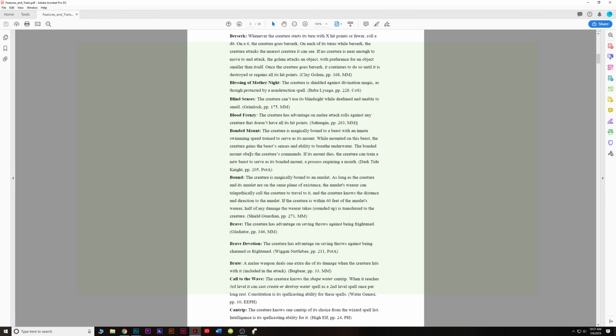What is aggressive? It's as the orc would have. As a bonus action, the creature can move up to its speed towards a hostile creature that it can see. Where am I coming up with these? Well, if you were to look through here, you have all of these different features. And it tells you when you give a monster this, you make these effective changes. Aggressive, as an orc would have, right here. We just read it from the PDF. Aggressive says